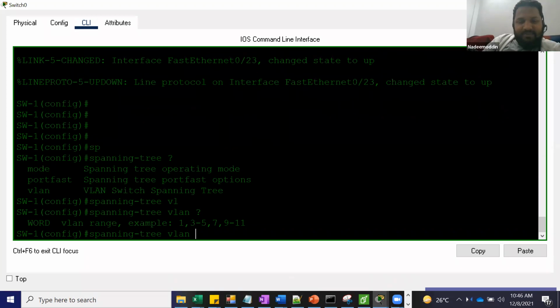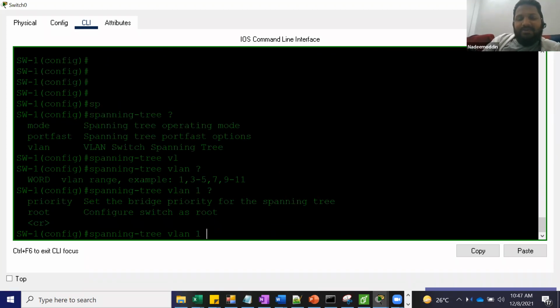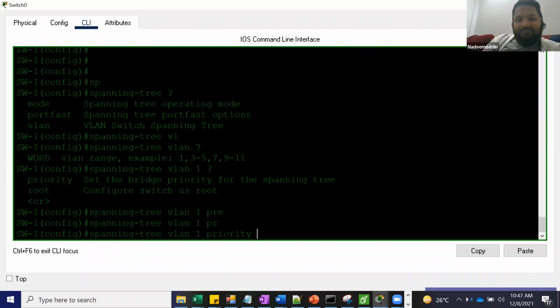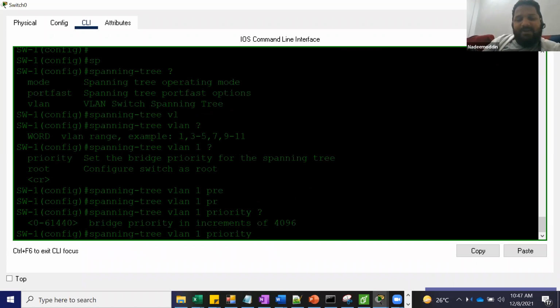For example, spanning tree VLAN 1. Right now our ports are in VLAN 1. Can you see here priority? By default, the priority is 4096. Okay, I will show you one thing here. Do show spanning tree.